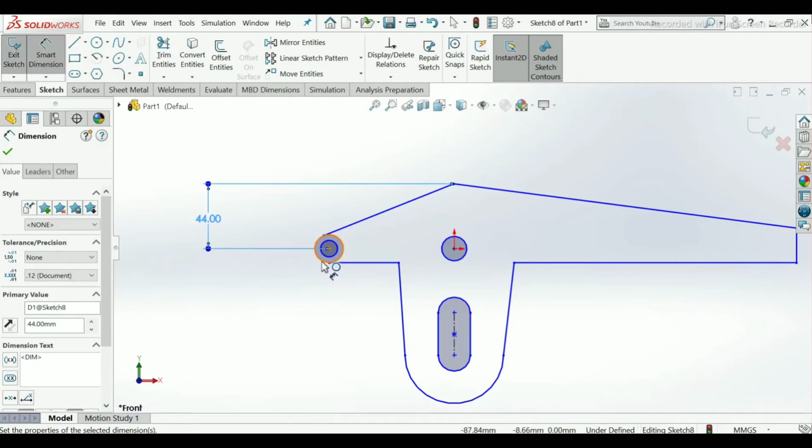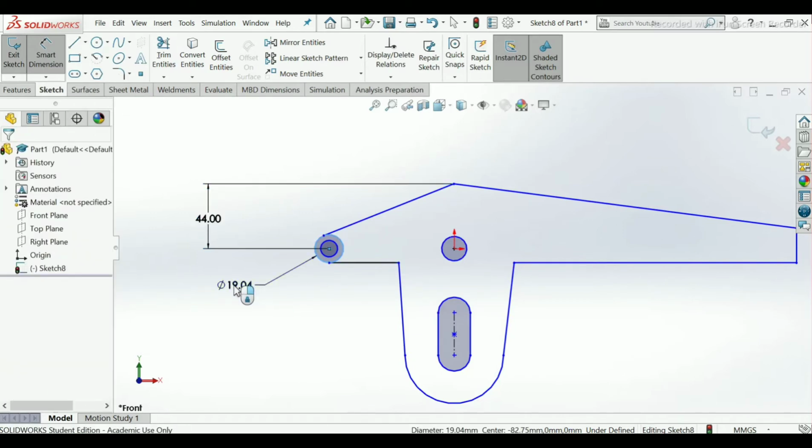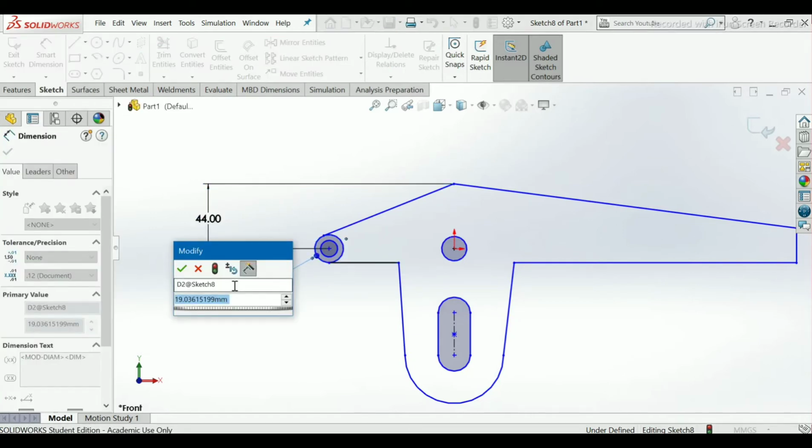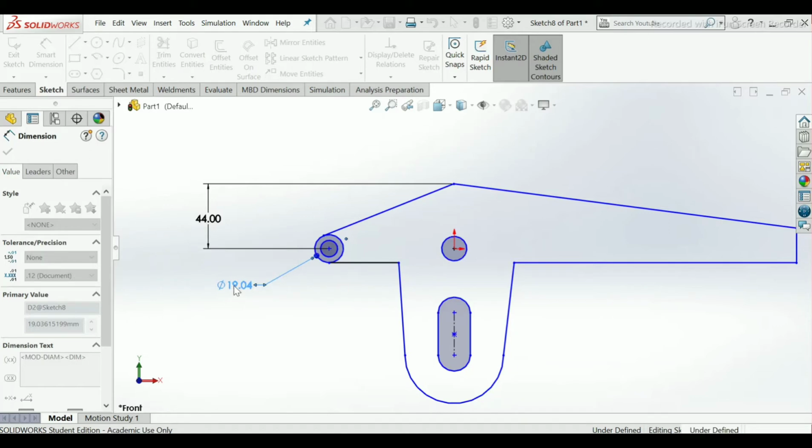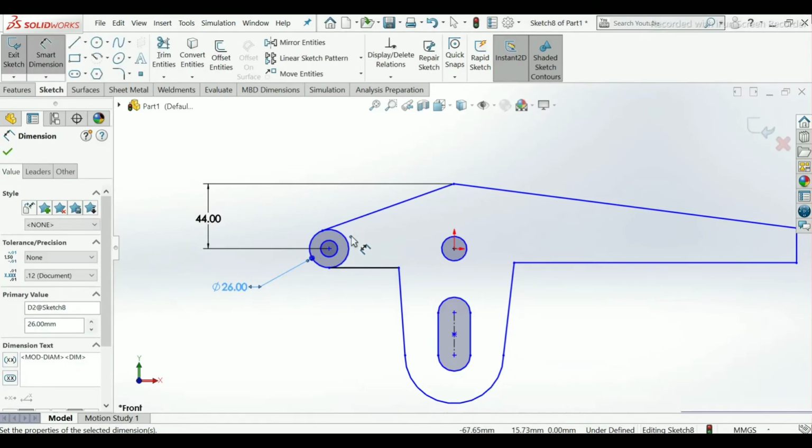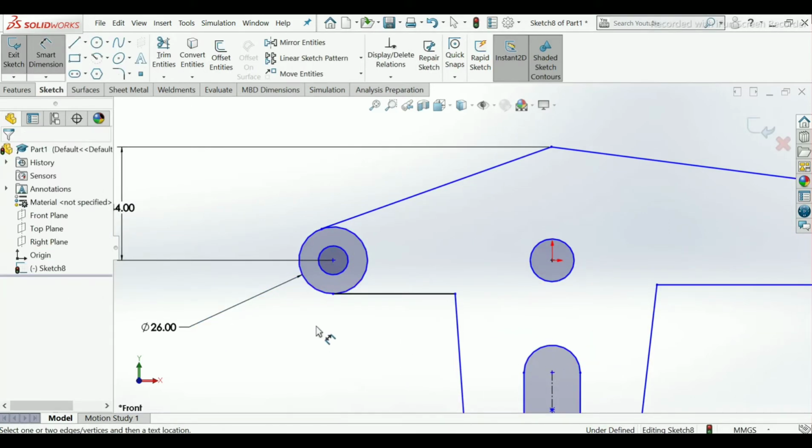Choose this circle. The diameter will be 13 plus 13, that will be 26. OK. This circle diameter will be 12 mm.